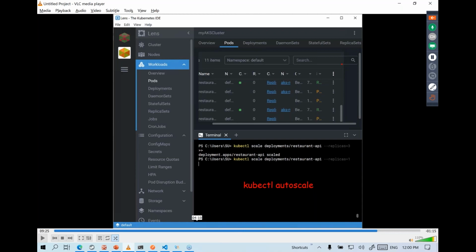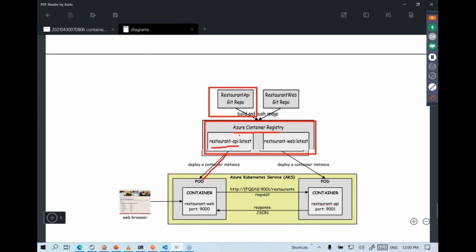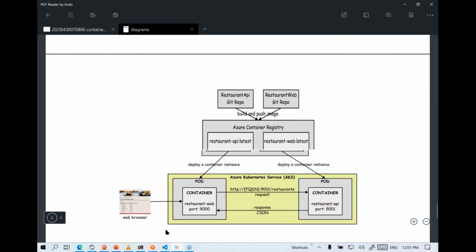So basically here what we have seen is you can use Docker to build your Docker images, and then you can deploy them or push them out to Azure Kubernetes Service. But before that, you need to host them on Azure by using Azure Container Registry. And after that, you can deploy your images available on Azure Container Registry to your Azure Kubernetes Service for better load balancing and auto failover purpose. So basically, that's the overall concept.